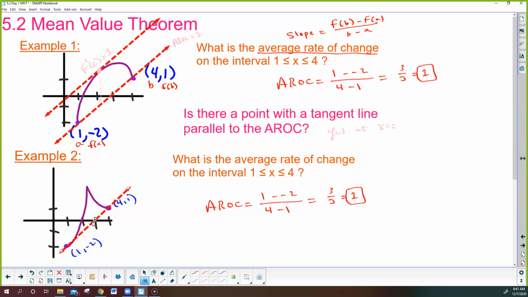We have to be super careful with this problem. Does this graph have a point of tangency where the slope is exactly the same as the average rate of change? A lot of kids are going to say, oh yeah, right here. Well, we have to be careful because this could be a pivot point. It doesn't guarantee, because doesn't that look tangent as well? And these lines aren't parallel. So what happens here is there is officially no point right here,